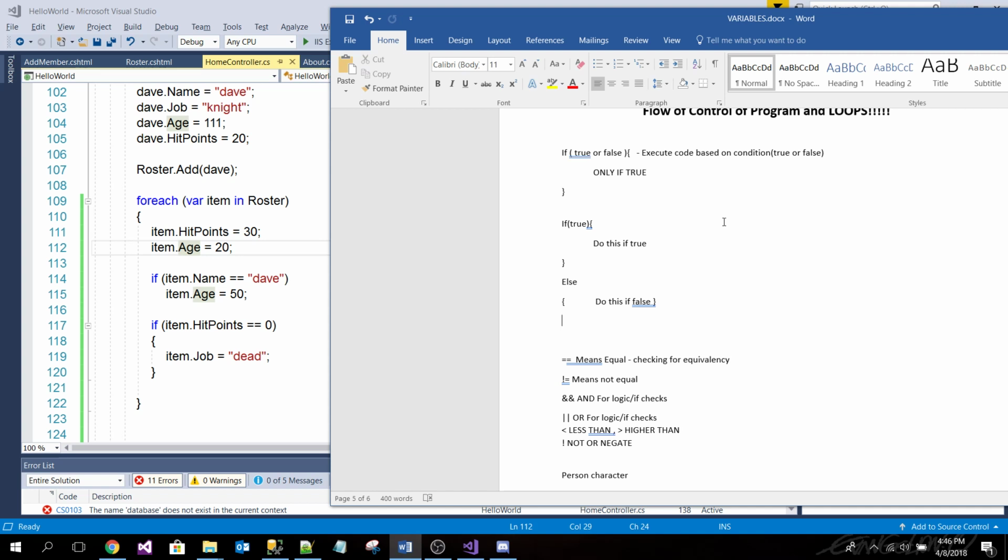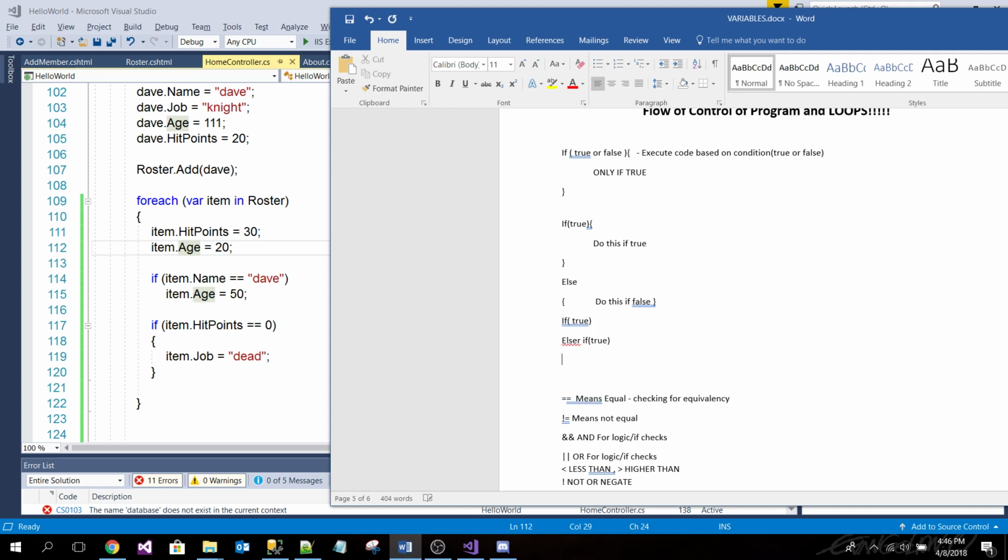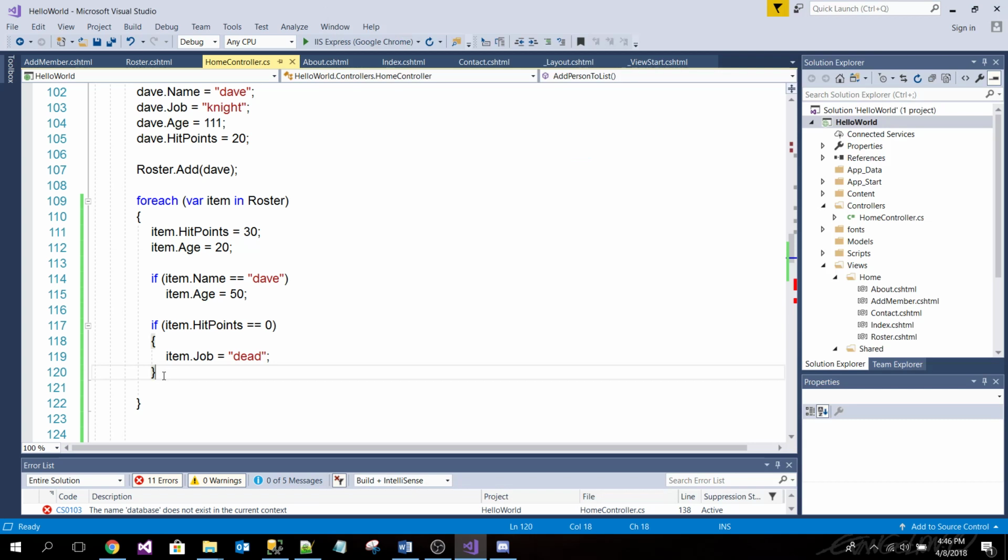And then you have if true. Then you have, okay, so if this is true, then you have else if true, and else. This is kind of the default. You can kind of go crazy with it. Yeah, it can get really crazy. So that's a good thing you brought it up, because let's sort of write this again.